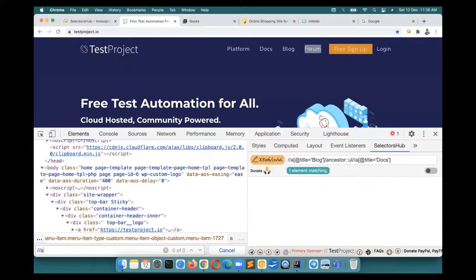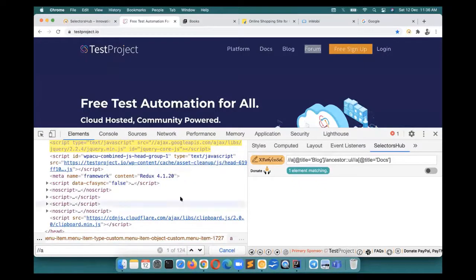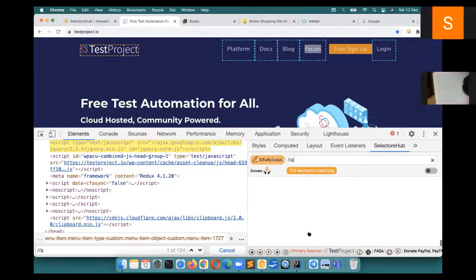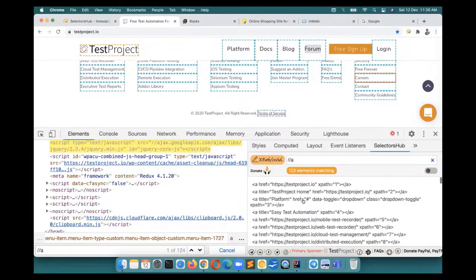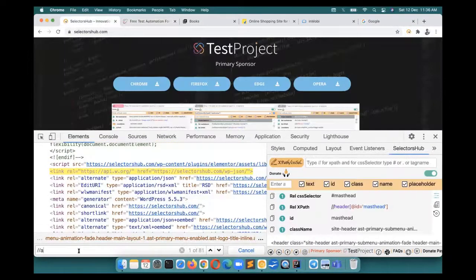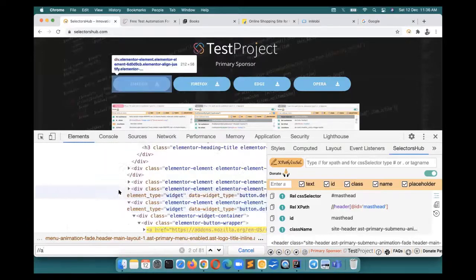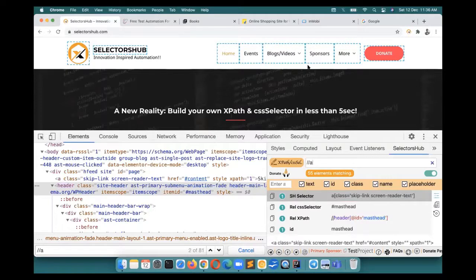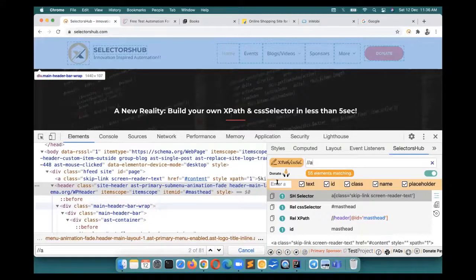Now we have written //a, it is showing 124, but actually there are not 124 links. If you verify this in the selector hub, it will tell you the correct number of links. There are 123 links on this page, and if you press enter by selecting this, it will show you all 123 links on this page. So this is the correct way to verify, but what we have learned till date is different. If you try here, it will show you there are actually 55 links on this page. The rest of what it is showing is basically string matching in this page.